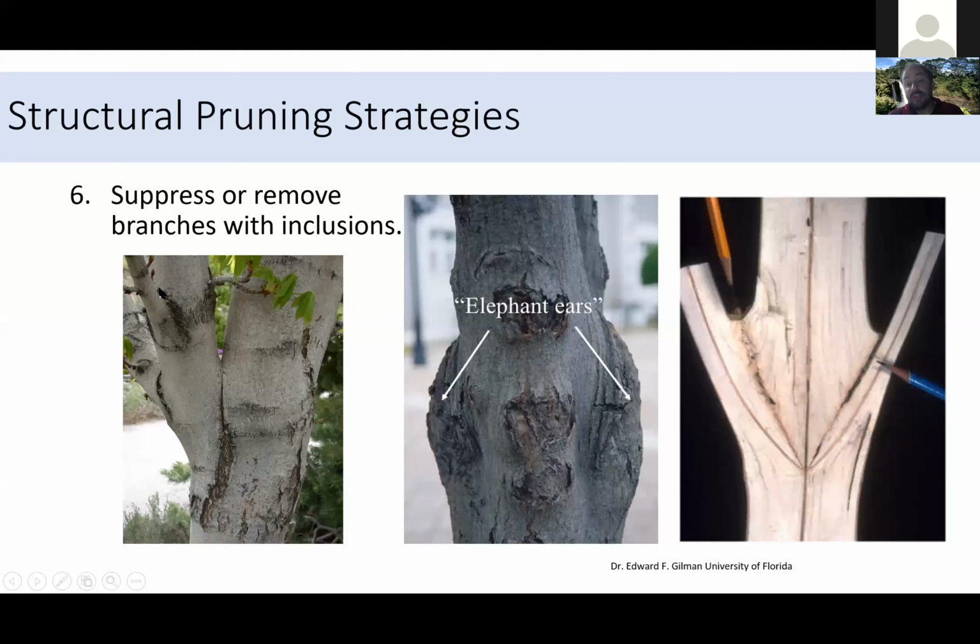So we deal with that by removing or shortening one of these branches. So we either take this branch off here, or we remove some wood out at the tips to lessen the weight on it so it's less likely to fail. So once we've dealt with establishing a leader and managing our temporary and permanent branches, we can deal with some obvious structural defects if they exist in the tree.